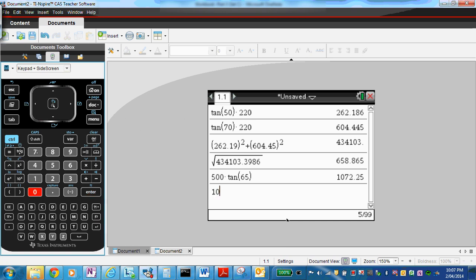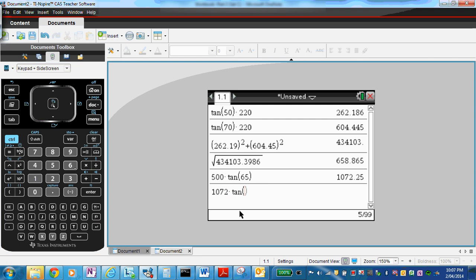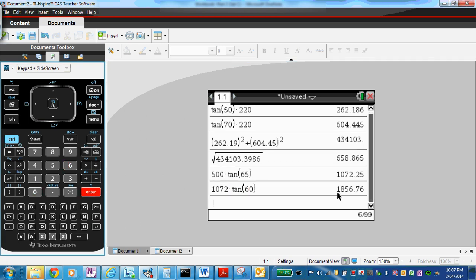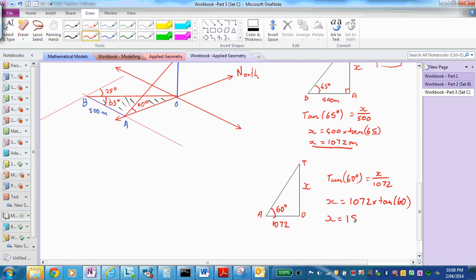So 1072 times the tan of 60, enter, okay, equals 1857 metres. X equals 1857 metres. Okay, therefore the helicopter is 1857 metres above